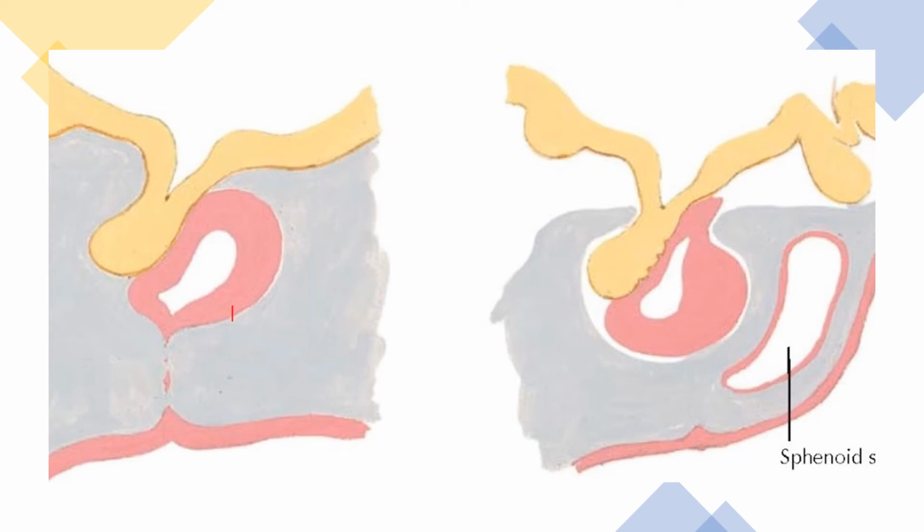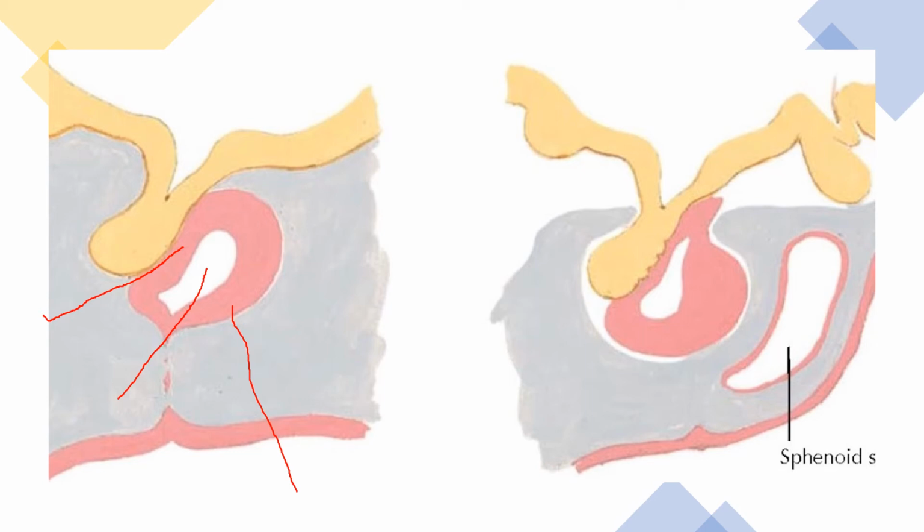So here this is the Rathke's pouch. The cephalic part of the Rathke's pouch forms the anterior lobe, and the cells covering the anterior part become the pars anterior. The posterior part of the Rathke's pouch lies over the infundibular part coming from the floor of the diencephalon, and that is called pars intermedia. The cavity-like structure seen between the pars anterior and the pars intermedia becomes the intraglandular cleft.